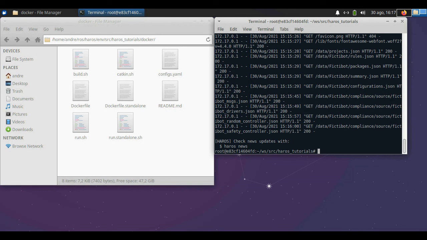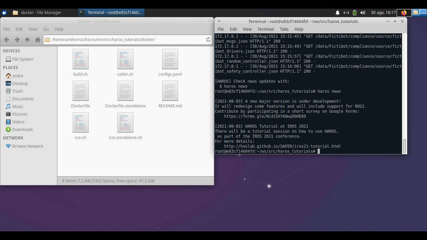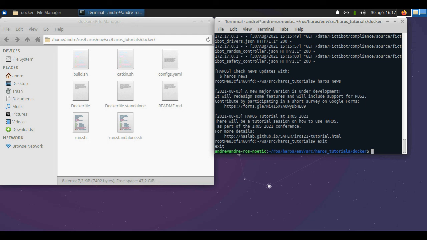You can terminate the visualizer server and try out also this haros news command, which prints recent news about the tool. And alright, it seems that everything is working without issues, so we are ready to move to the proper exercises in this tutorial, which will be covered in the following videos.